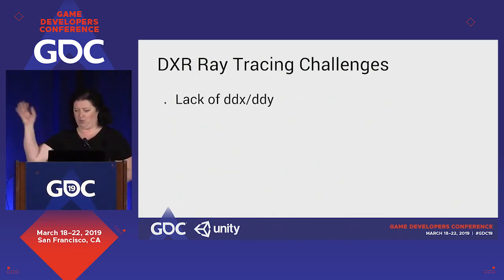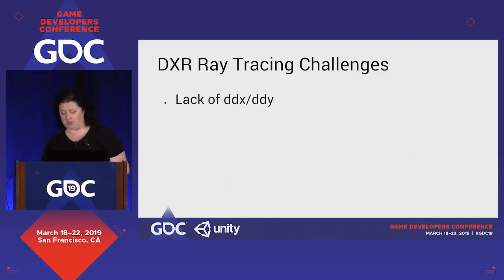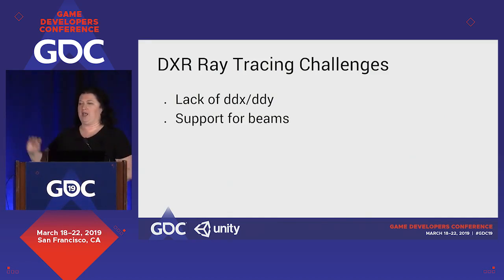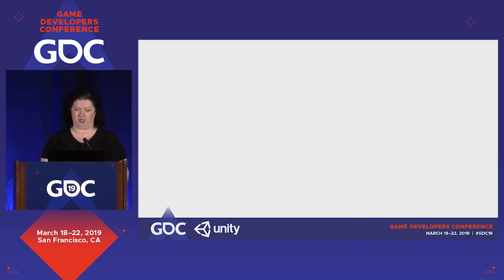I'm sorry, one little thing. DDX, DDYs, they were our friends. We knew them so well. Well, with ray tracing, this is a problem. We kind of worked around it. There's an NVIDIA paper. I advise you to look it up on MapLOD. You can always fall back on MIP0. That's OK. And then, of course, support for beams. So I told you we're doing a bunch of stuff through primary rays. Congratulations to us. How do we accelerate it? We want to do beams through the acceleration structure. We know their coherency, but it's not supported through the API. End of rant.